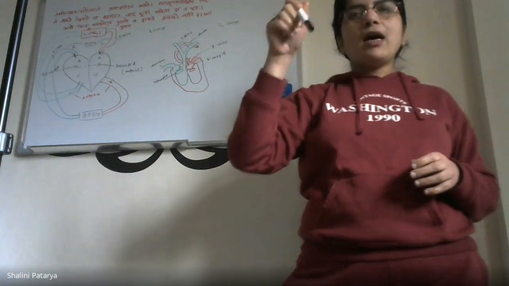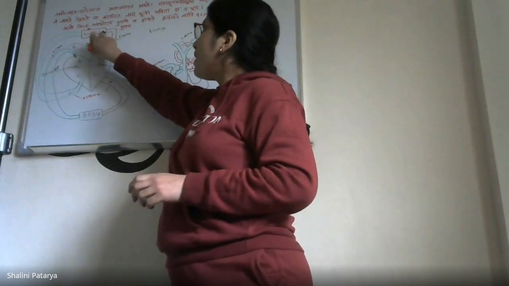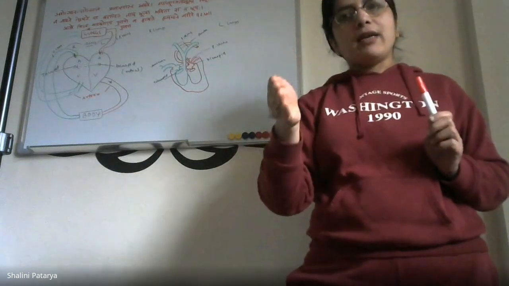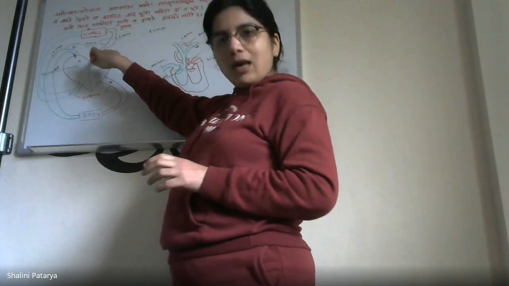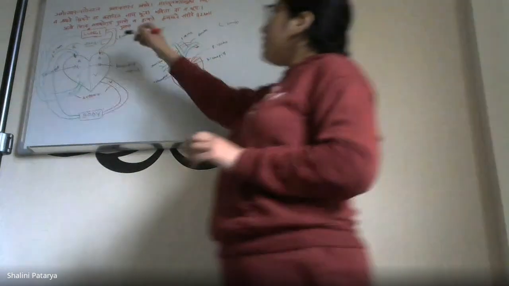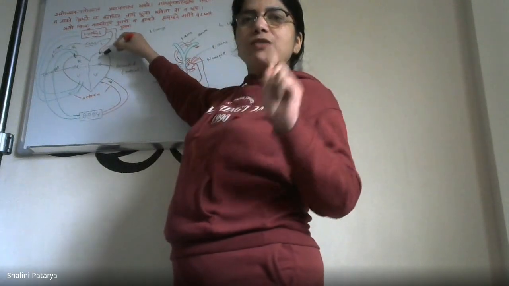It is bringing pulmonary veins. Why? Because it is coming from the lungs and it is coming towards the heart. That's why it will be a vein. Okay, so coming from the lungs going towards the heart, it will be veins. So, pulmonary veins. Okay, now when the blood is coming here in the heart, I told you always the atrium will